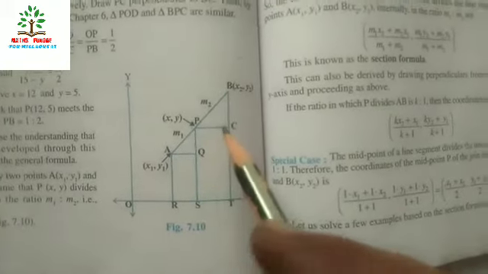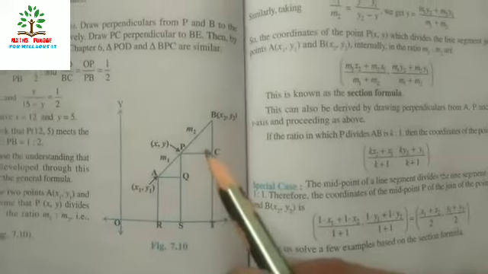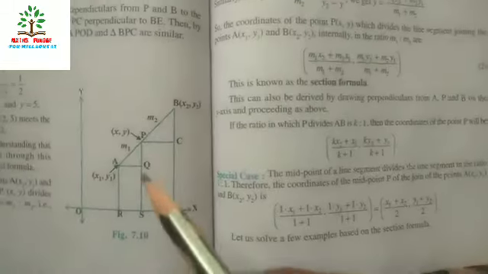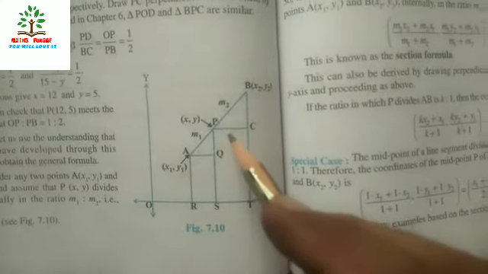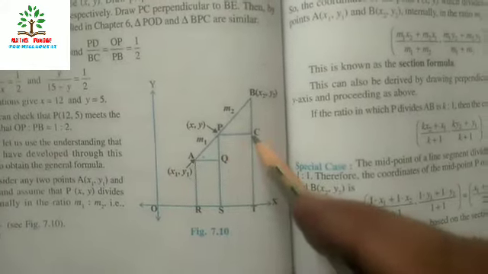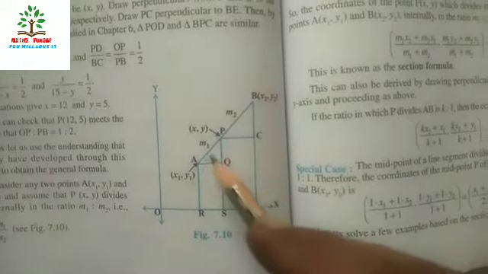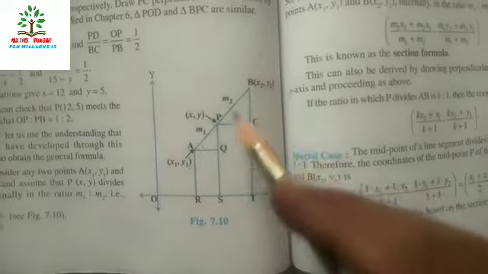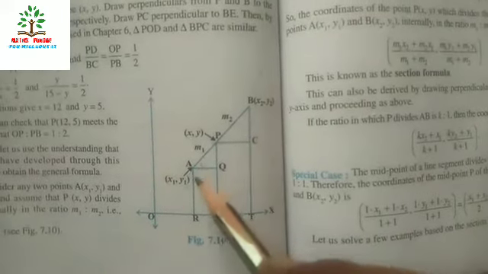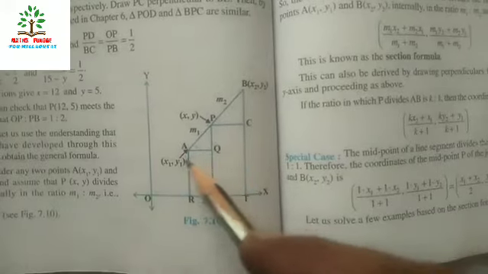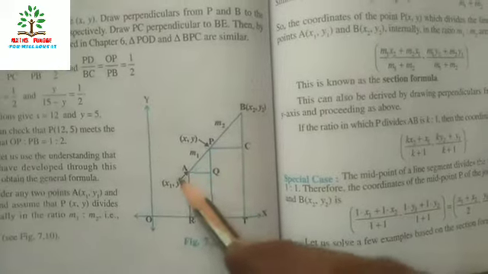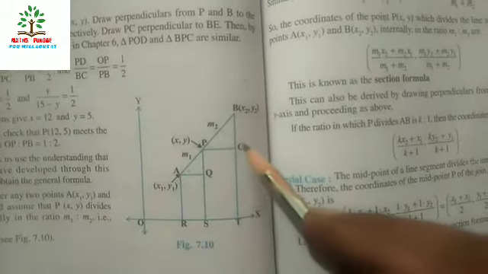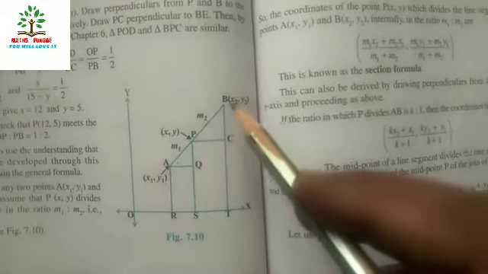So if these triangles are similar, then the corresponding ratios of their sides will be equal. So we have here PA over BP is equal to AQ over PC is equal to PQ over BC. Meaning base upon base, hypotenuse upon hypotenuse, and perpendicular upon perpendicular. So just putting the values as we know the values of each, like AQ is x minus x1, PC, the distance will be x2 minus x. Likewise, in the same way, BC is equal to here.